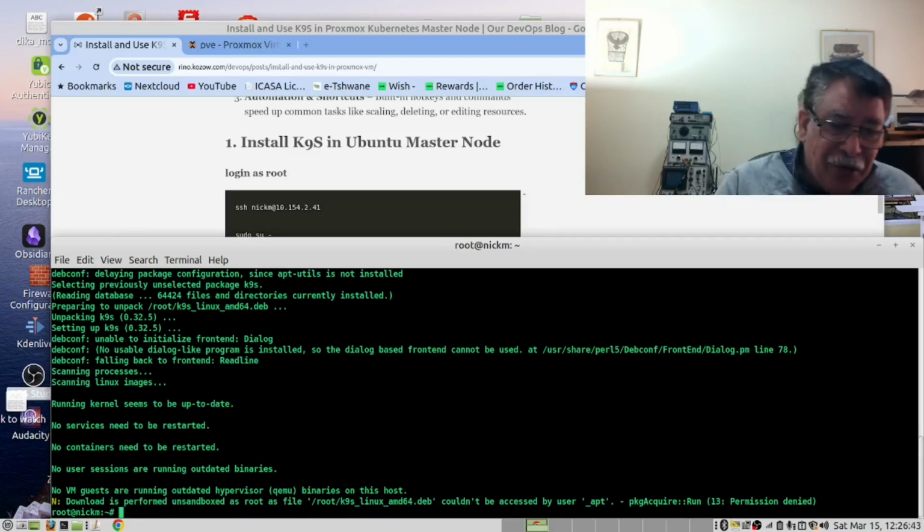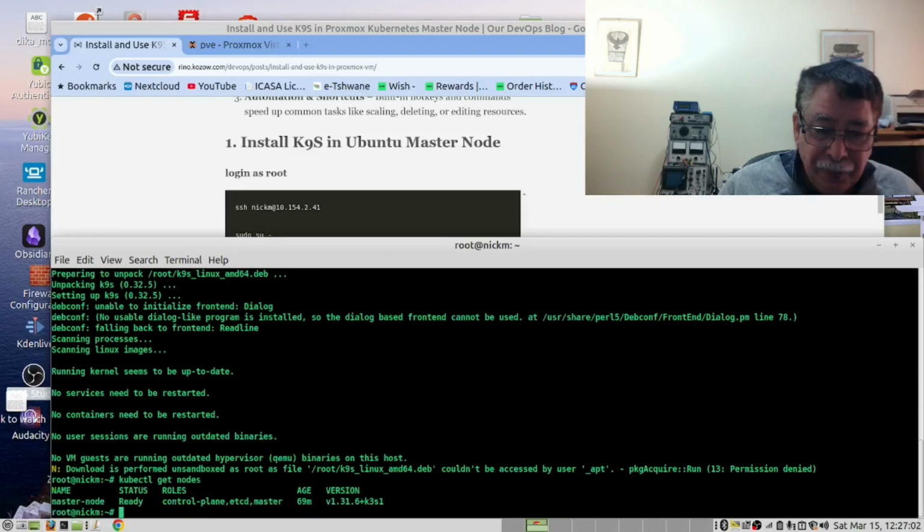Now let's first run the kubectl command to verify that we do have a node. Kubectl get nodes. So we run this command and we see we do have a node.